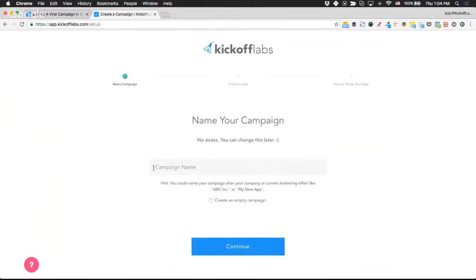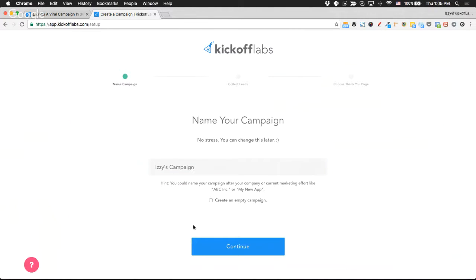This will take me to the campaign builder, which is a quick and really easy way to build a viral campaign. We make this a lot easier. It used to be a little more difficult. You had to hook pages up and all this stuff. Now it's all done automatically for you through this quick campaign setup process. The first thing I need to do is give my campaign a name. I'll say Izzy's campaign.